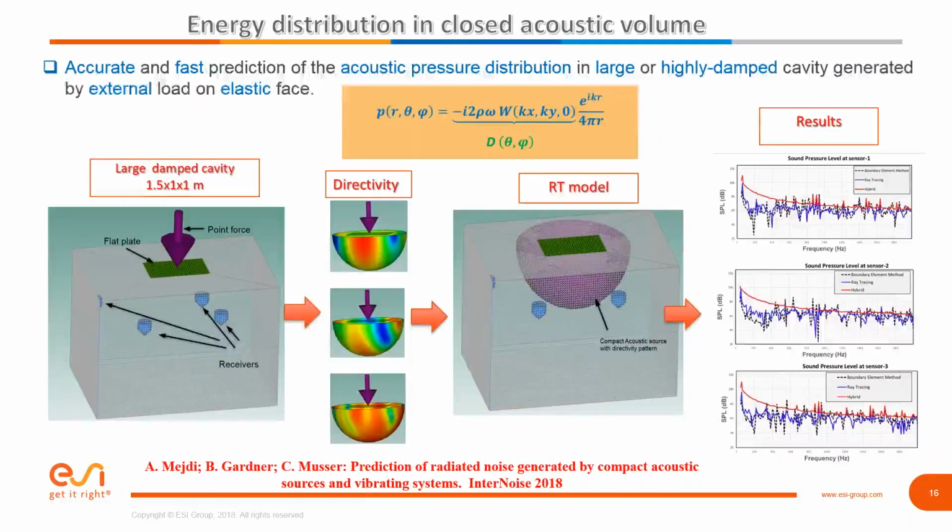Another interesting use is a large cavity. You can think of this as a cabin, passenger cabin for aircraft or train, for example. So we've got the ability here to show from a directive source the distribution of energy at different locations in there, hot spots, cold spots, areas where you have more direct sound than reflected sound, for example, that sort of thing. That's useful